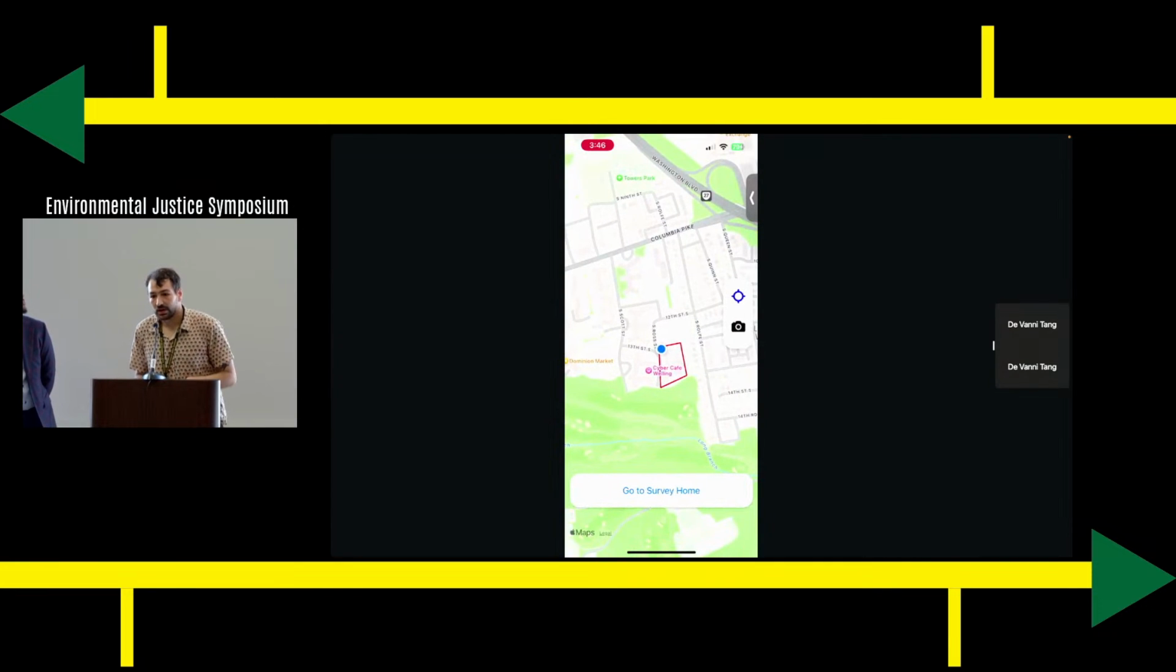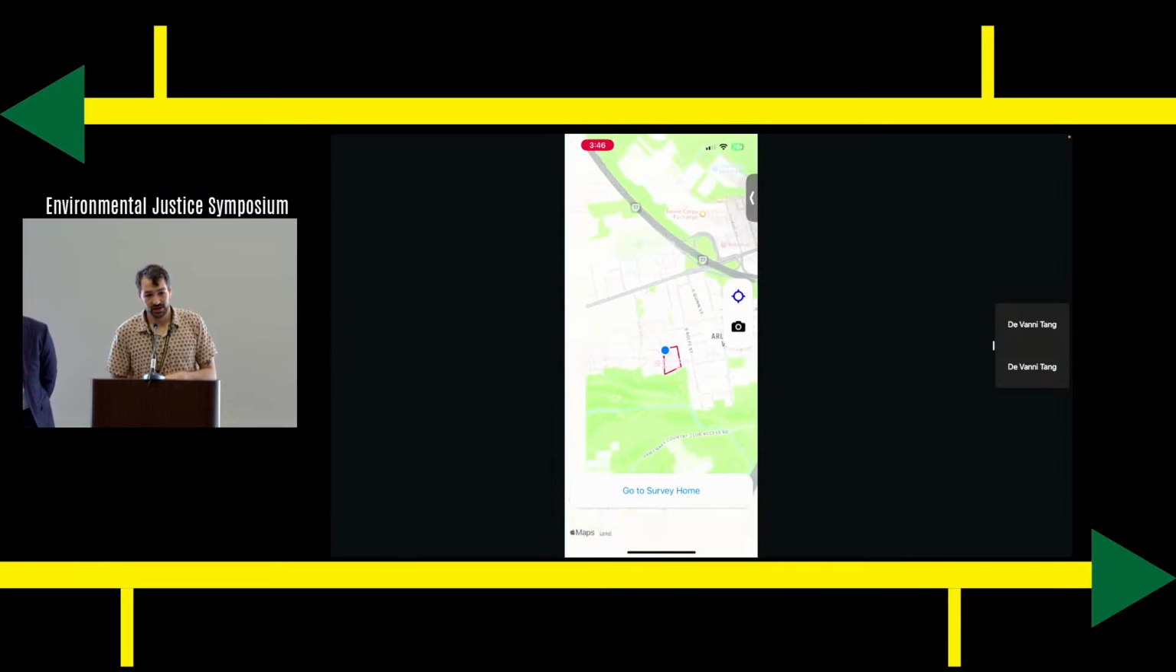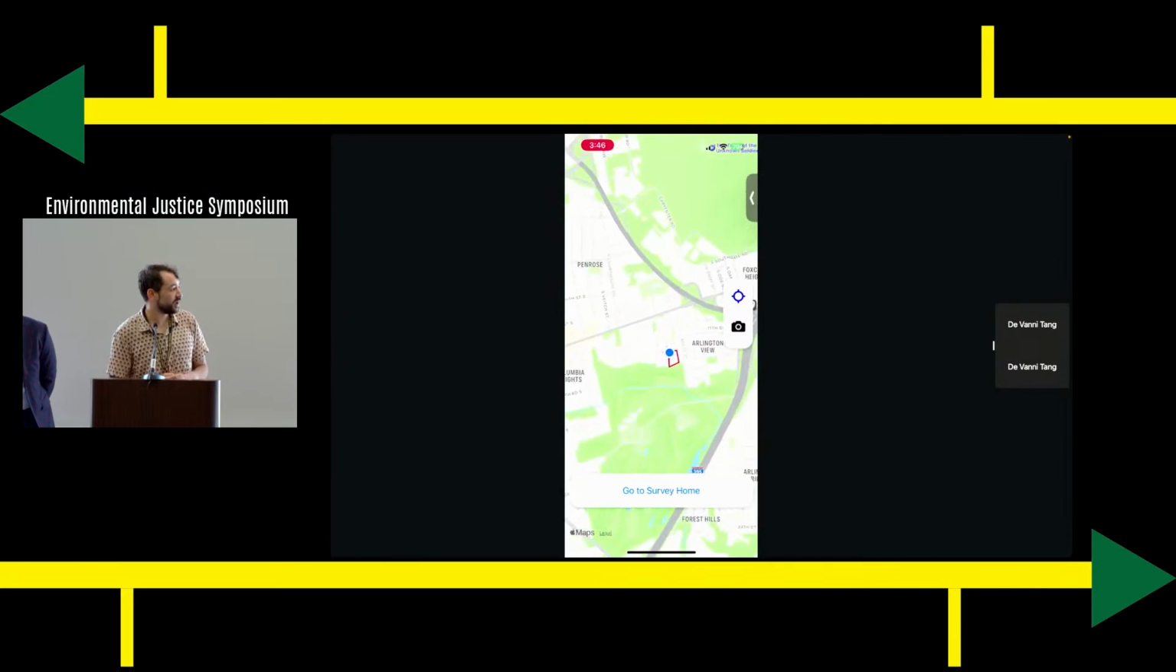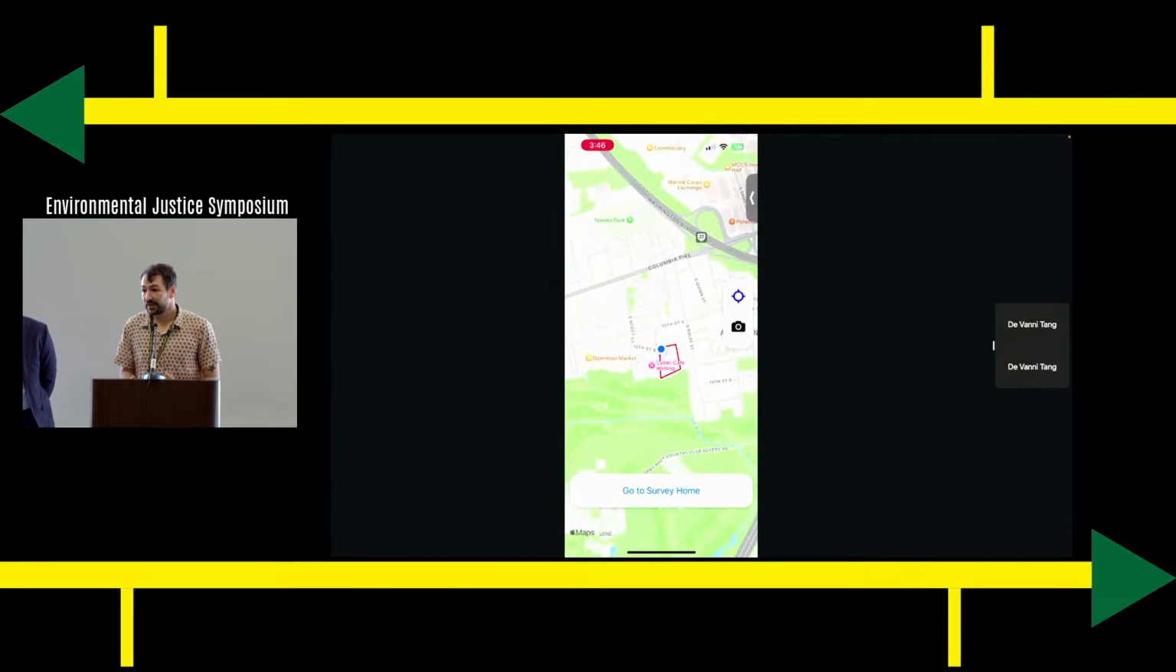So as we mentioned, when you open up the app, after you log in, of course, you get this little survey home, or this little map. This map is generated through OpenStreetMaps. OpenStreetMaps is a very comprehensive geography API. It's updated by community members already. So there's proof of concept right there, and that's a very useful